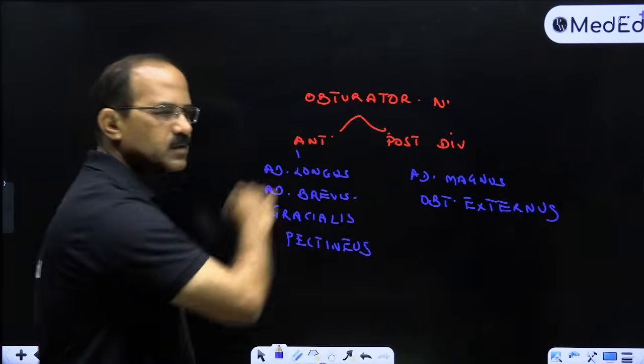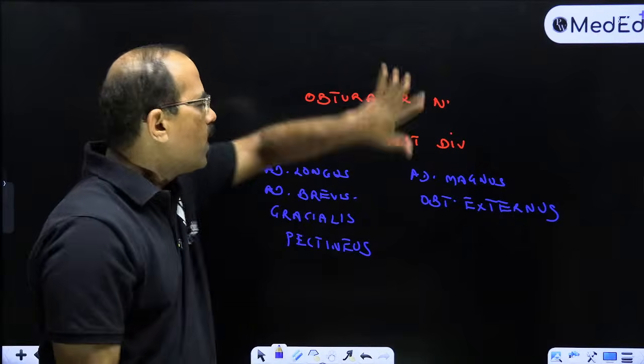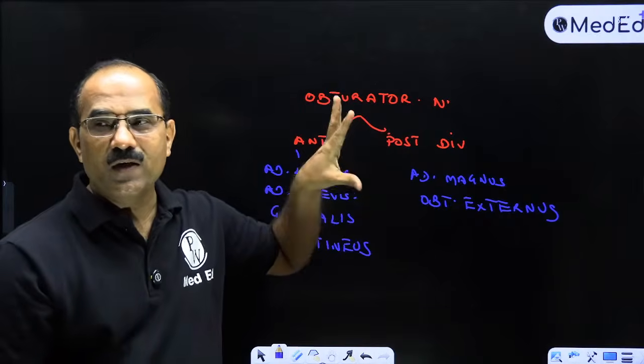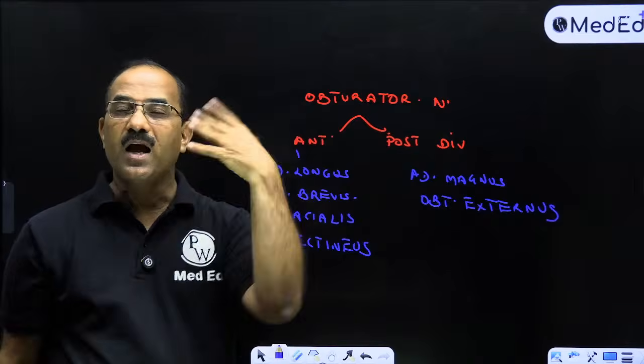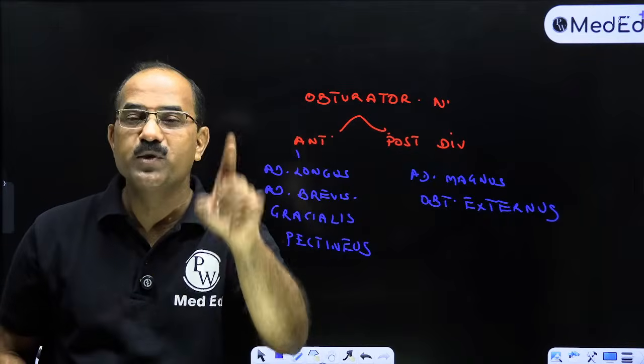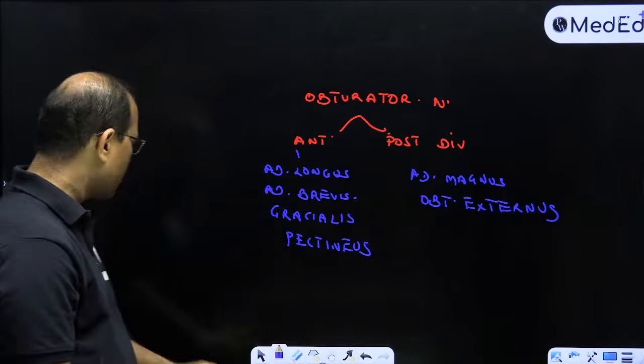ये सारे muscles हैं medial compartment में. These are all the muscles in the medial compartment of the leg. All these muscles are going to cause adduction at the hip joint. ये जितने भी muscles हैं, they are going to cause adduction at the hip joint, except, याद रखना, except